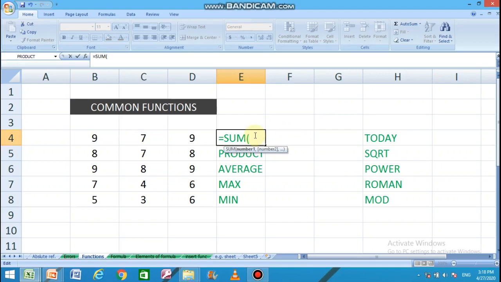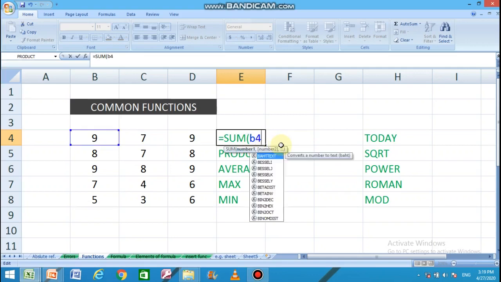For example, addition of 9, 7 and 9. So this 9 is in B4, 7 is in C5 and this 9 is in D6. Type their addresses. B4.